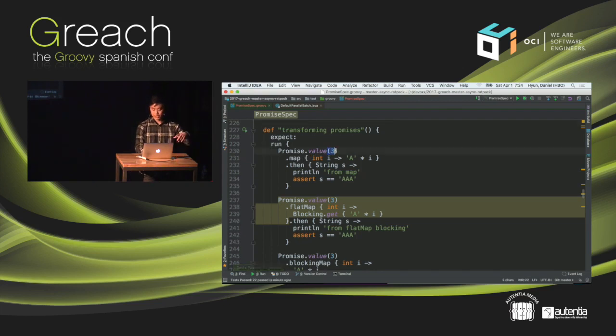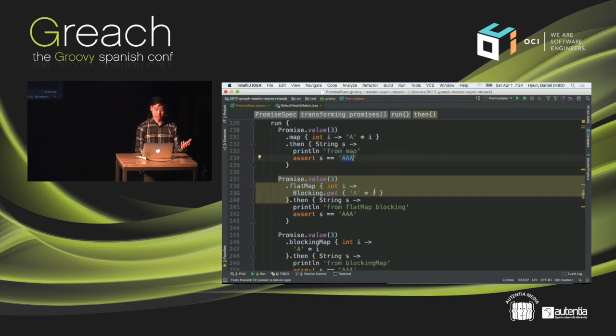So here when we statically produce the value 3, what we'd like to do is produce a string of A times whatever it was. And then once we finish that, we see that we're from mapping and we have AAA as an example. So here's an example where a computation results in a promise, and we have to flat map it.